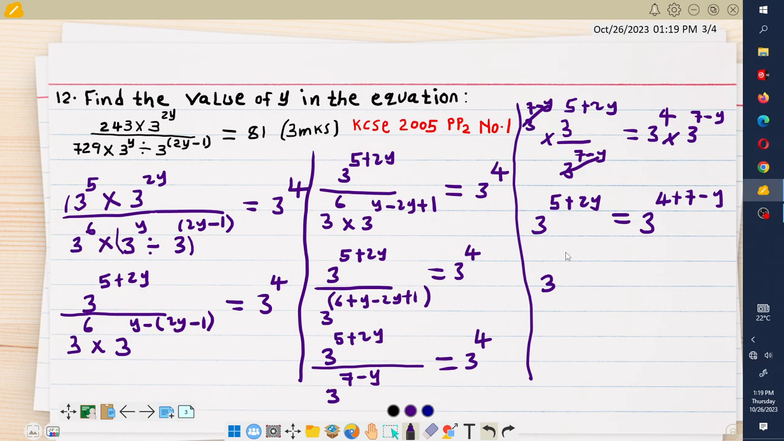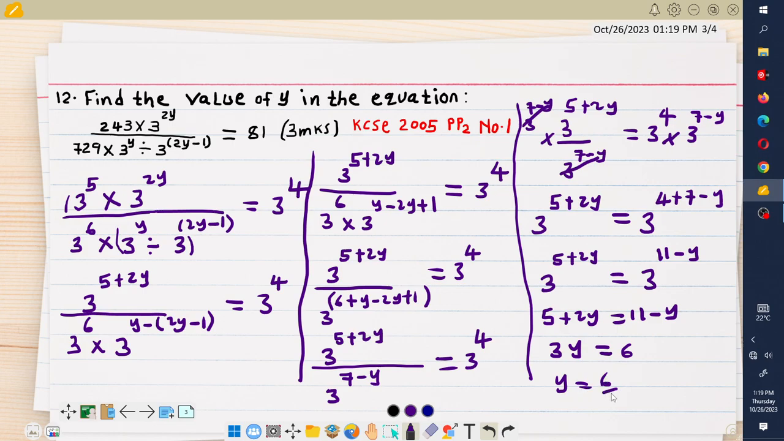So this will be 3 to the power of 5 plus 2y is equal to 3 to the power of 4 plus 7, you are going to get 11, then minus y. Then of course you drop the bases, so I'm going to remain with 5 plus 2y is equal to 11 minus y. On collecting the like terms, I'm going to get 3y being equal to 11 minus 5, you are going to get positive 6. So it means that y is equal to 6 over 3, which is going to give us 2. So the value of y is actually 2. Then we look